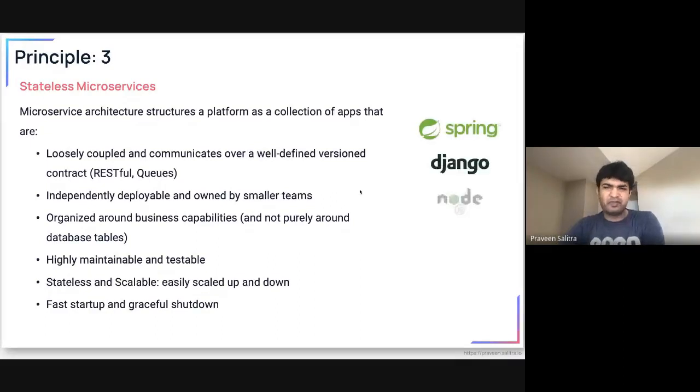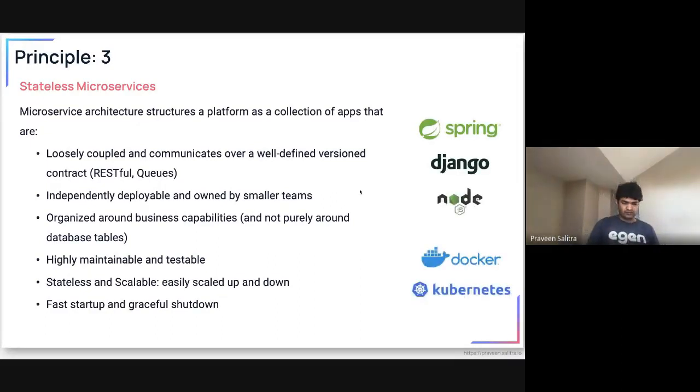So now, depending on the framework, depending on the programming language that you are familiar with, you have options available. I have just listed 3 of them. If you are in the JVM world, Spring is a pretty good framework to write microservices. If you are in the Python world, Django and Flask are a couple of good options. If you love JavaScript, there is Node.js, and there are a lot of frameworks. We heavily use Node.js microservices as well on the backend.